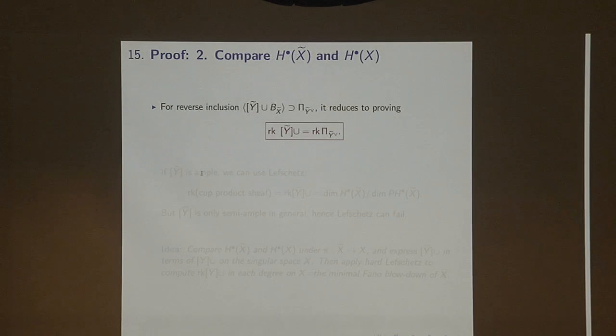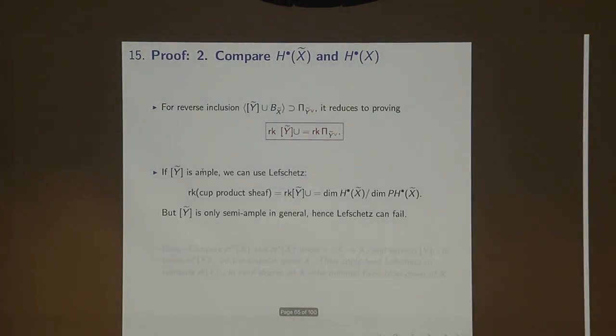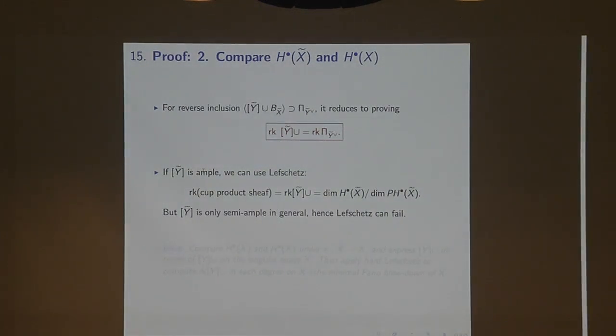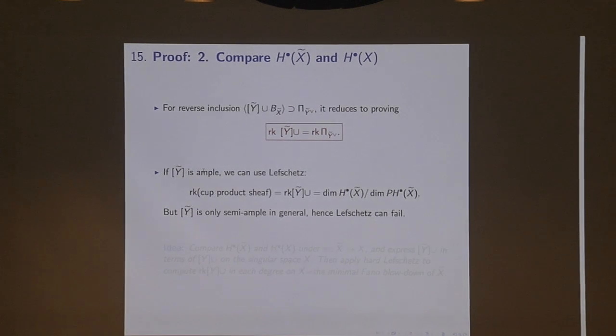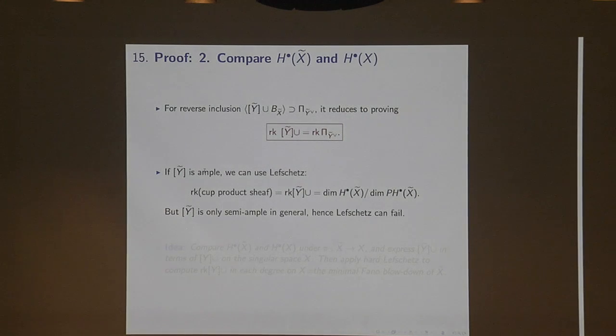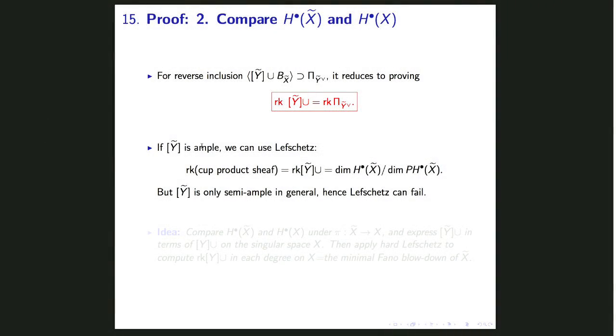Okay. So the question is, how do we achieve that? All right, so if you knew that the anti-canonical divisor is ample, then you can apply Lefschetz, and the game is over, right? You can just compute it using Lefschetz. Unfortunately, you're out of luck most of the time, because these crepant resolutions usually are not final. Sometimes they are, but usually they are not. In fact, typically they are not. And so Lefschetz can fail.